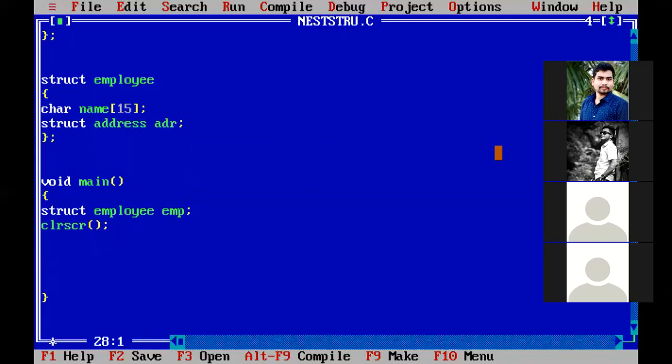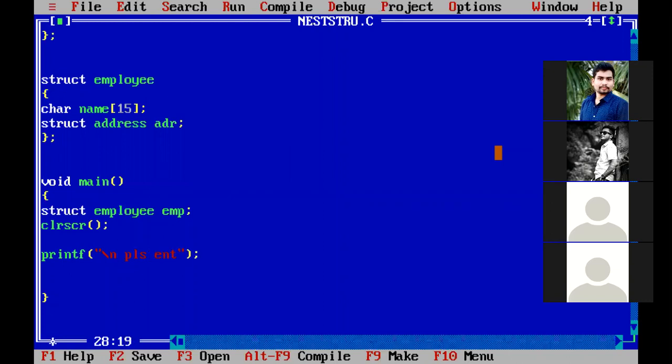Right? Okay, sir. So if you create it for employee, automatically the address will be created. Right. So now after creating all the variables, we have to give the information to the employee. So for that, ask the user by using the printf function what to enter in the new line. Ask the user,